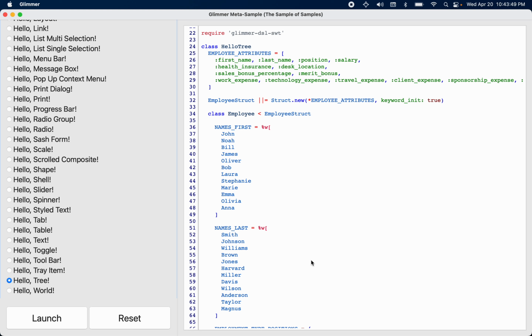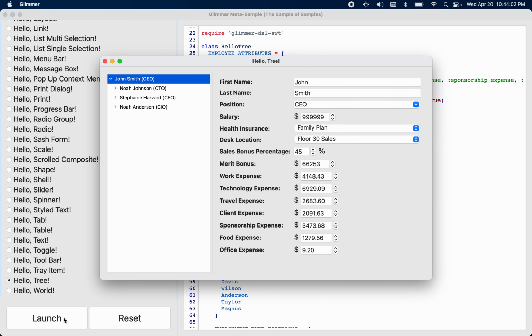So last time we went through a pretty advanced widget called Code Text. Today we're going to go through another advanced widget that is basically the tree, and we're going to demonstrate it using Hello Tree. So if I launch this sample, you'll see a tree on the left side and some details